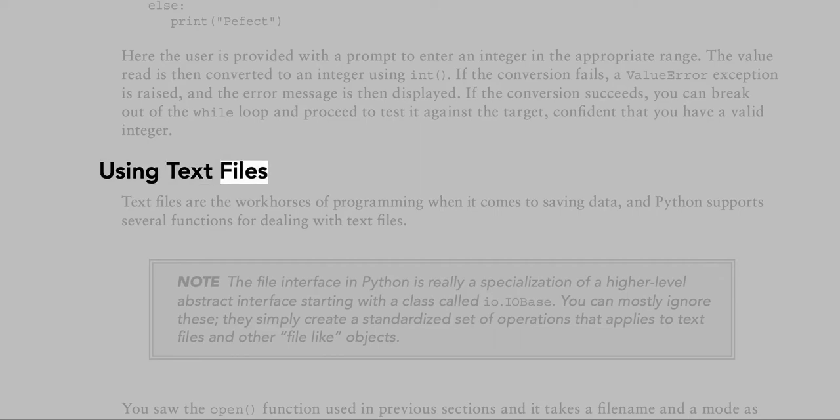Using text files. Text files are the workhorses of programming when it comes to saving data, and Python supports several functions for dealing with text files. Note the file interface in Python is really a specialization of a higher-level abstract interface starting with a class called io.IOBase. You can mostly ignore these, they simply create a standardized set of operations